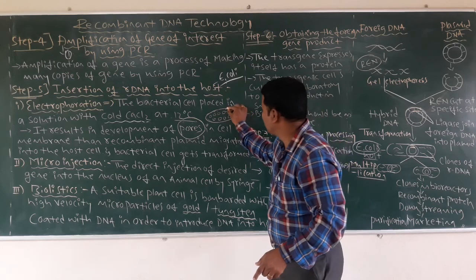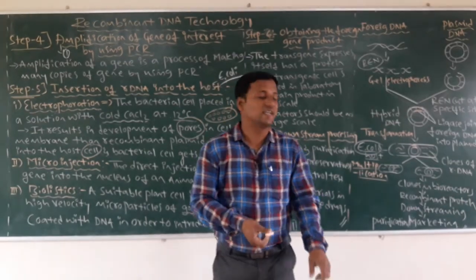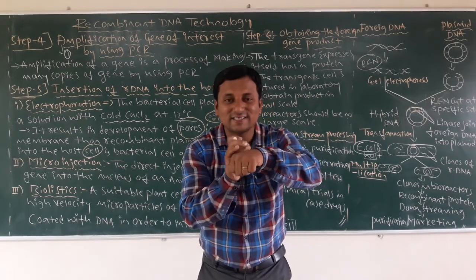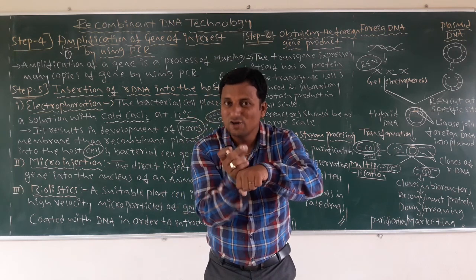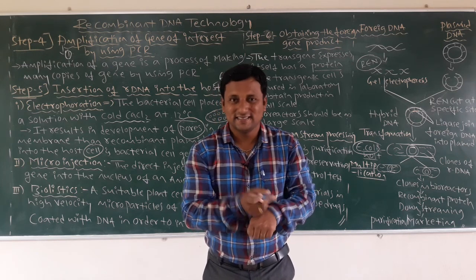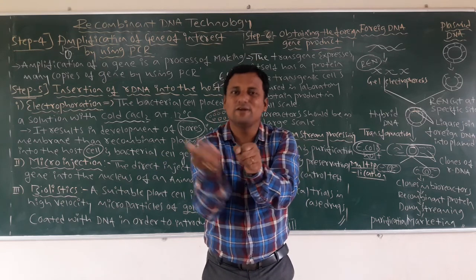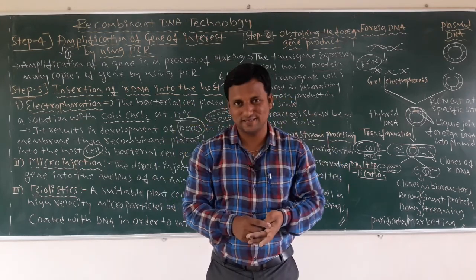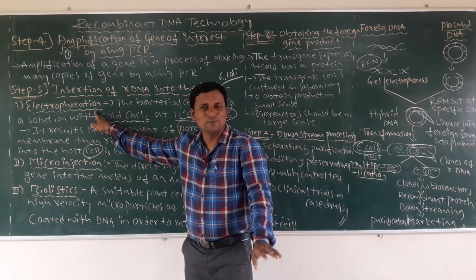Then the bacterial cell is transformed from the cell membrane into the host cell. That host cell is the bacteria. First it comes to the external layer, the cell membrane of the bacteria. That cell membrane gets pores formed. Then the recombinant plasmid slowly migrates towards the cell. When it migrates inside the cell, it continues to the next process. The technique we are using here is called the electroporation technique.